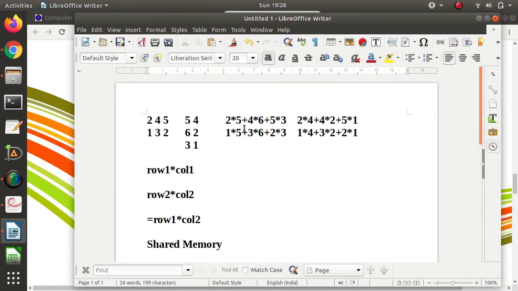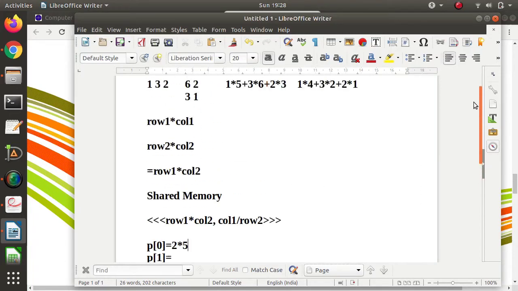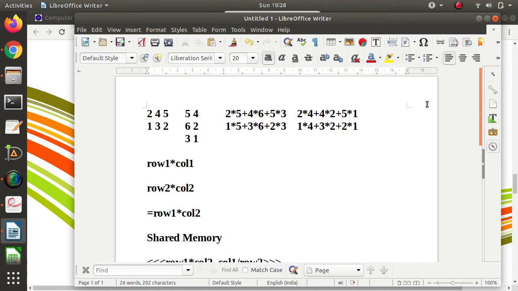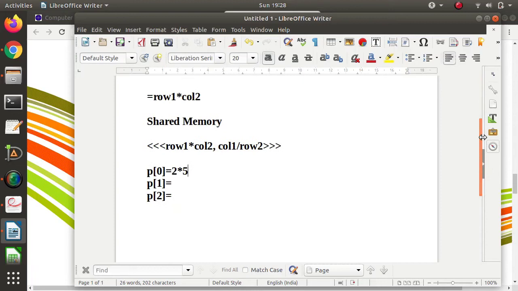So one thread will calculate this value, 2 into 5, and that will be saved here. Then 4 into 6 will be calculated by another thread, and that will be saved in P of 1.